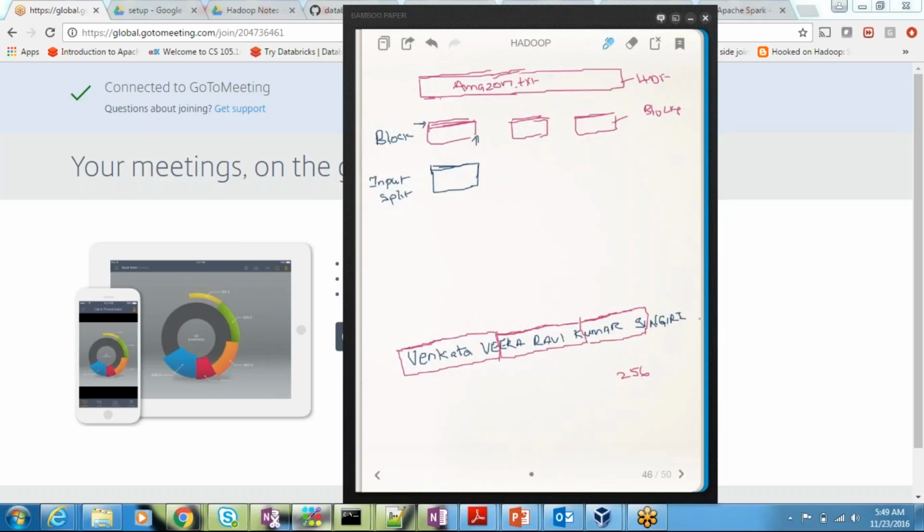Okay, three, and the rest is the fourth one. This one is the fourth one. Now how many blocks are there? Four blocks have been divided. Okay. Now when I'm processing these four blocks,